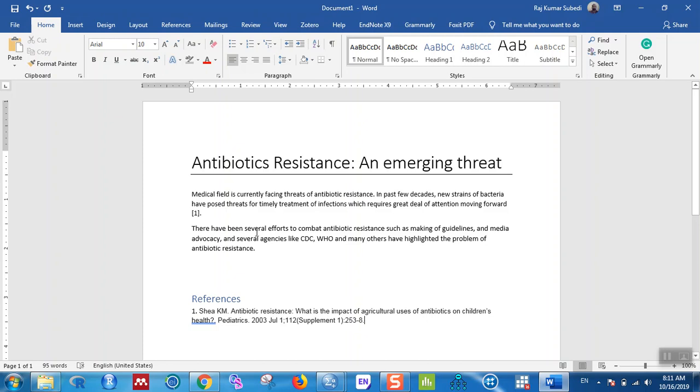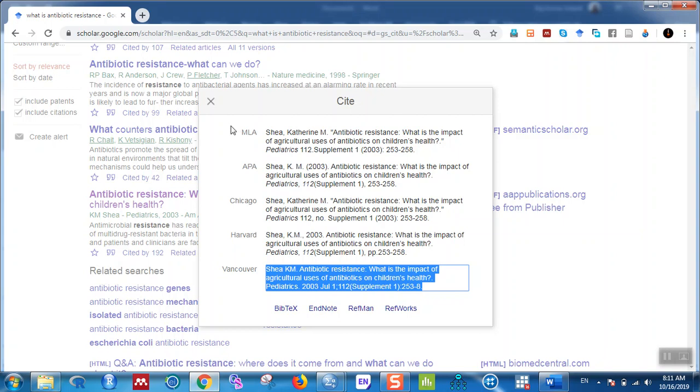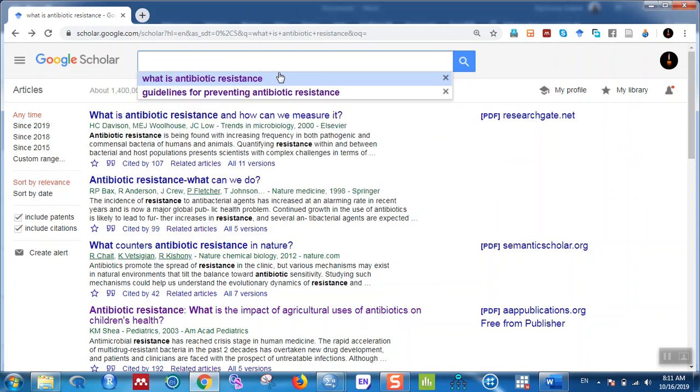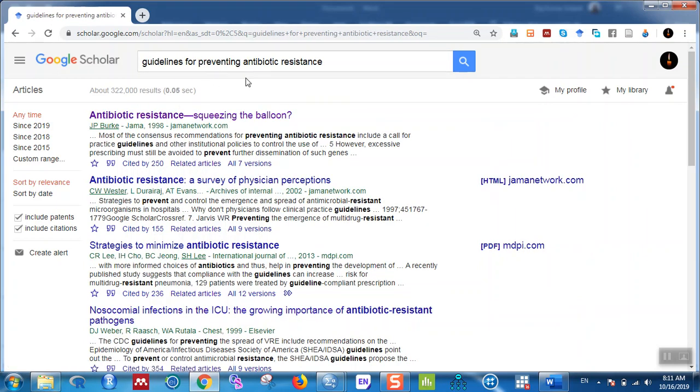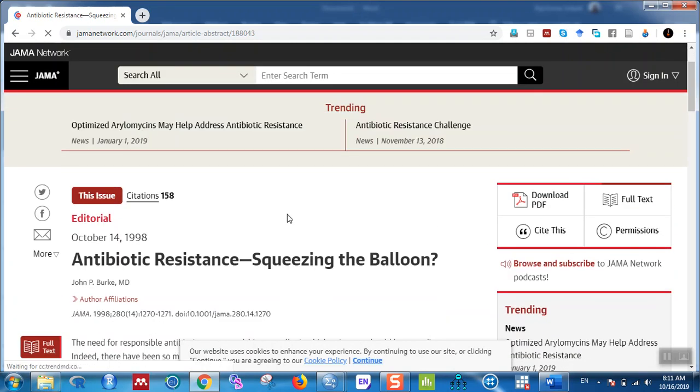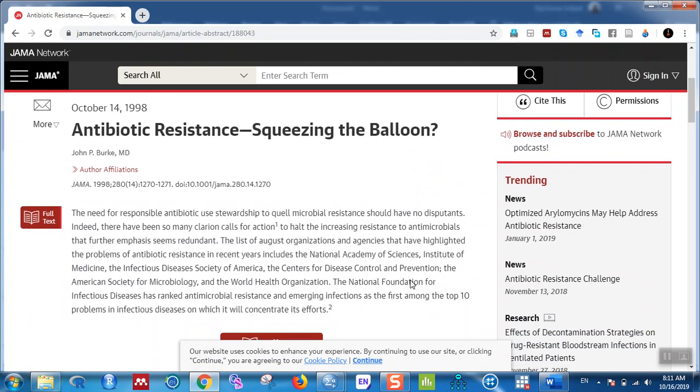Okay, and the next paragraph is like there have been several efforts to combat the antibiotic resistance, such as making of guidelines and media advocacy. So I borrowed this information from another article from another journal. Let me close this one. When I searched guidelines for preventing antibiotic resistance, there was an article published in JAMA, Journal of American Medical Association. So the title of the article was Antibiotic Resistance is Squeezing the Balloon, and then here